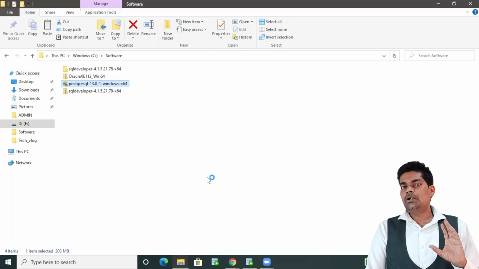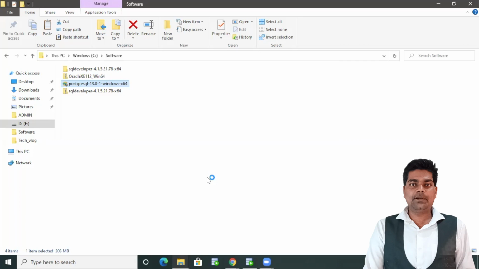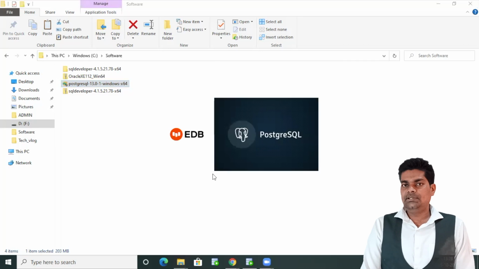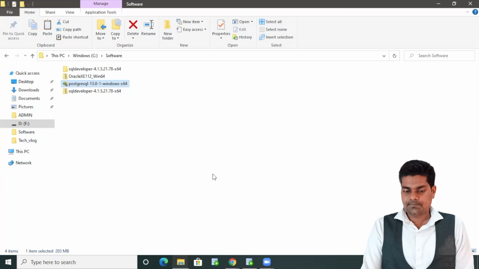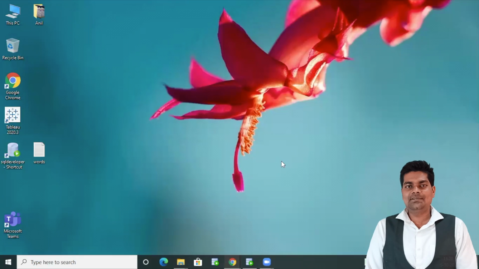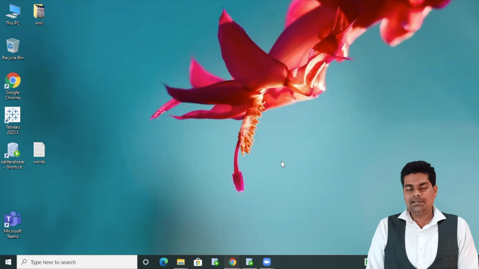The pop-up is not captured in my Zoom recording, so you will not be able to see the pop-up. Okay, now setup has been launched successfully. It will appear in a few seconds.